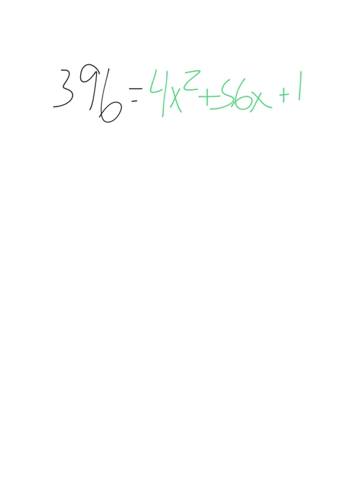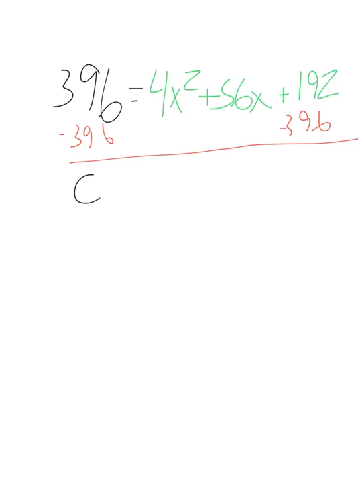Now we'll set our equation equal to 0, and I'm just going to add a new page. So we have, once again, 396 equals 4x squared plus 56x plus 192. So once again, we're going to subtract 396 from each side of our equation. And if you're asking why we are subtracting, to solve a quadratic equation, it must equal 0. So now we have 0 equals 4x squared plus 56x minus